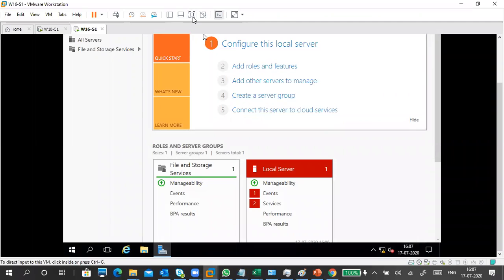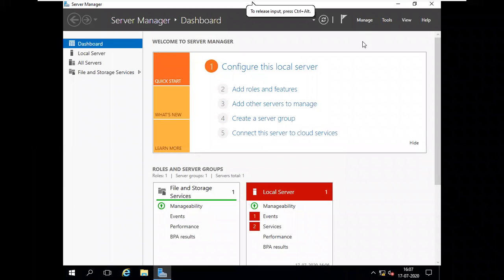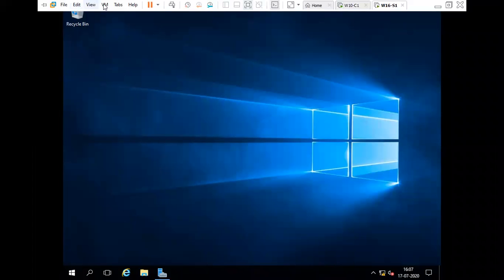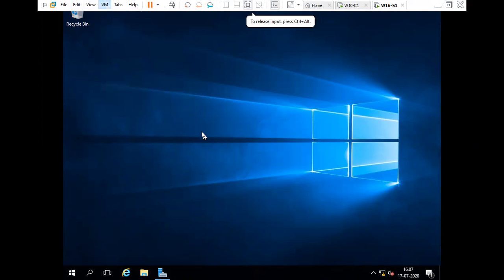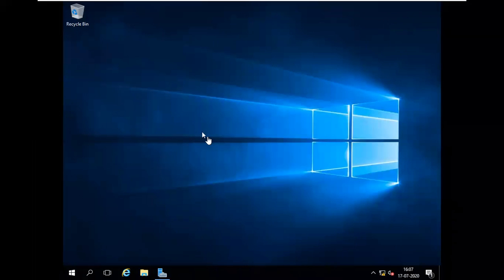Okay, guys, we have the server installation. If you want, you can install VMware Tools also, and then you will get a full screen mode. Install VMware Tools. And for server practicals, we don't do all the parts of the practical on one PC. We do something here, go to the client, and come back here. So that is the thing.